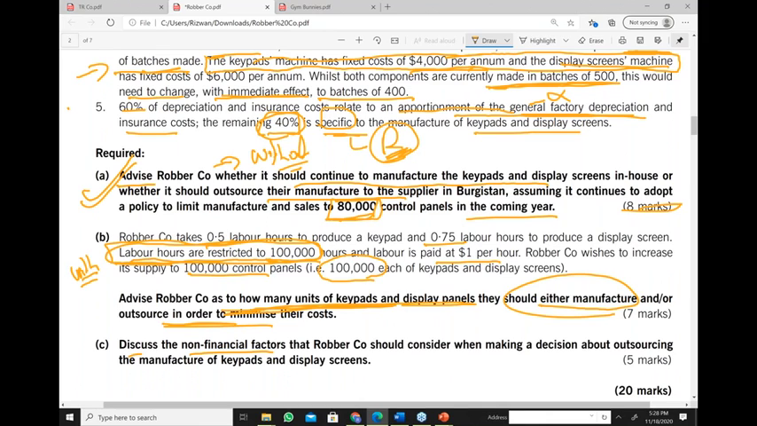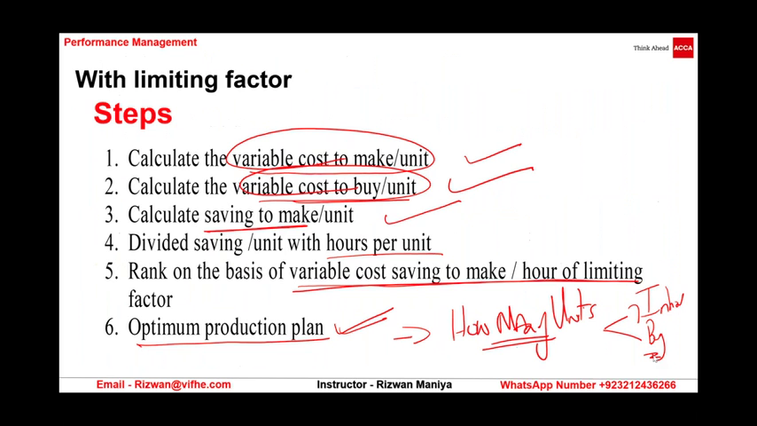Okay? Understanding my point, guys? Yes or no? So yes, you can see here, now it's with limiting factor, but now it's our official time to take